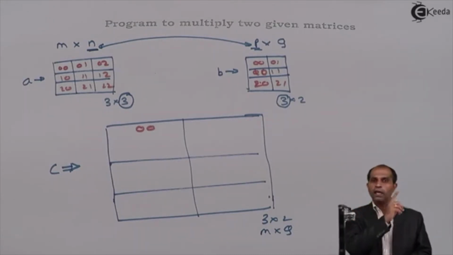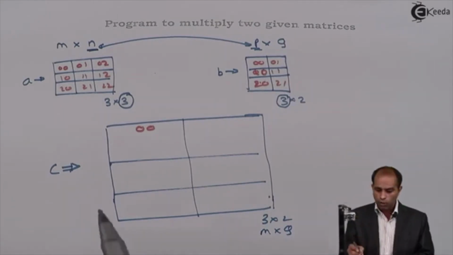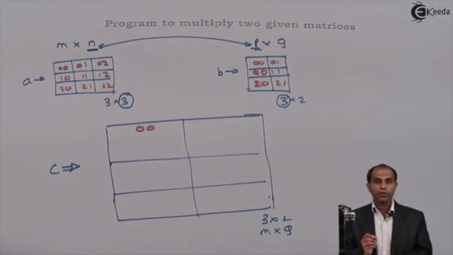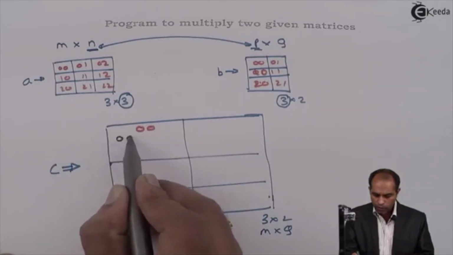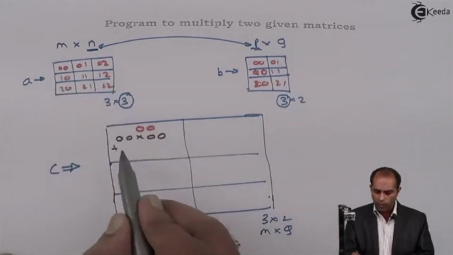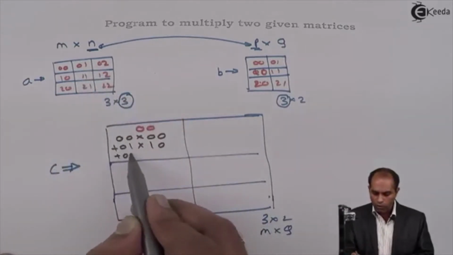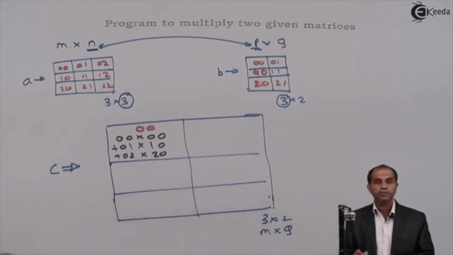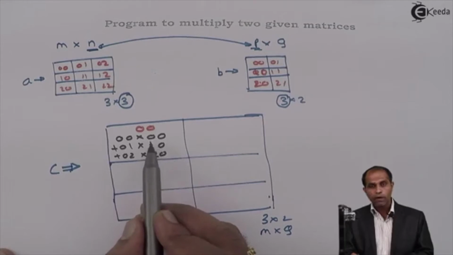When I say a set of elements of A, that indicates the row elements of A should be multiplied with the column elements of B. Here, let me write the indexes of A which are going to be multiplied with the indexes of B: A of 0, 0 multiplied with B of 0, 0, plus A of 0, 1 multiplied with B of 1, 0, plus A of 0, 2 multiplied with B of 2, 0. You might say this is a set of elements of A of ij with B of ji. No, the index ij of A will not reverse with B.